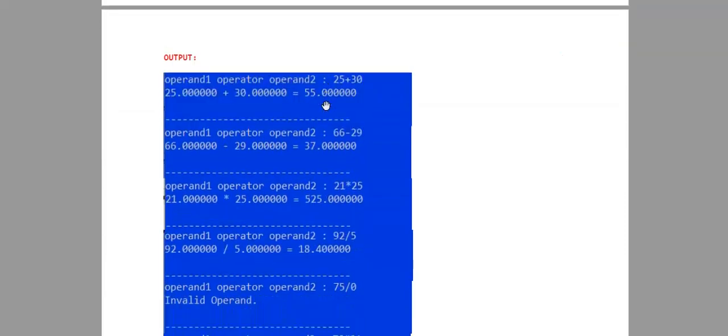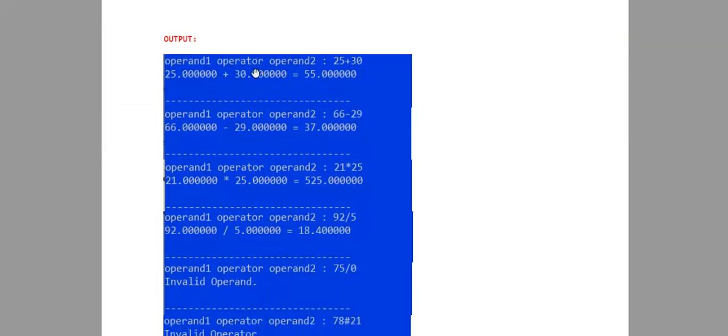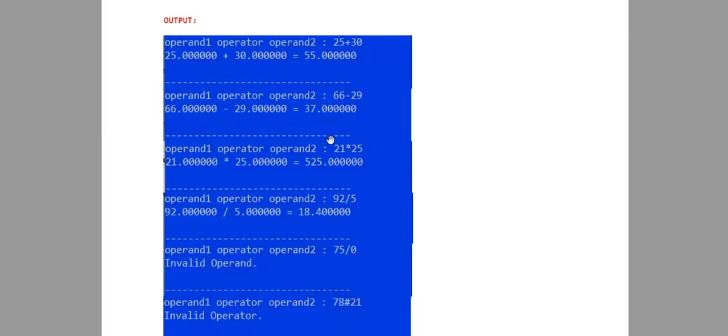Here you can see the output. When you run the program after compilation, you enter operand 1, operator, operand 2. So 25 plus 30 gives 25 plus 30 is equal to 55. Similarly for subtraction, 66 minus 29 is equal to 37.